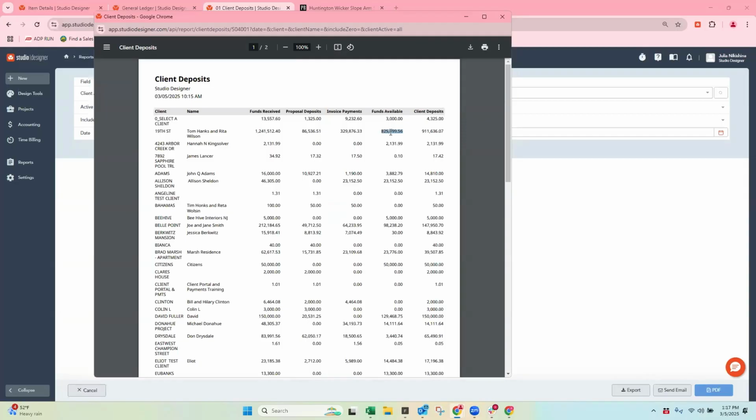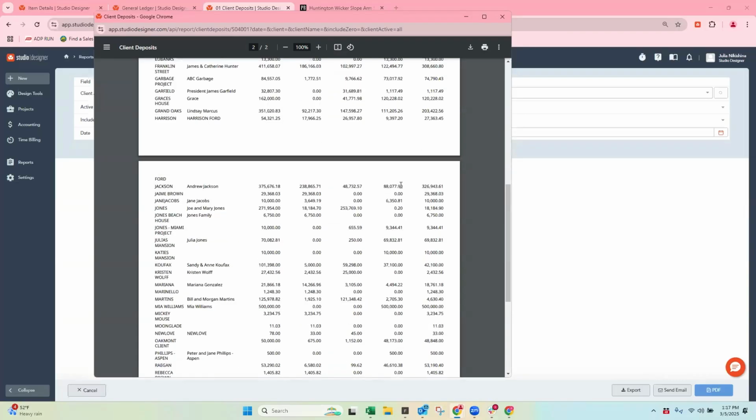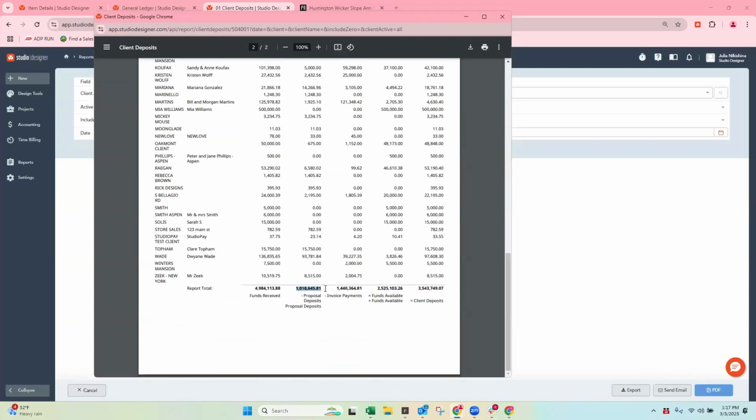But what you do with it, I mean, maybe contractually you're obligated for A, B, C, or D, but what you do with it really at this point is your discretion. And so then at the bottom, your proposal deposits are $1 million, and your true funds available, buckets of dollars for clients that are not assigned, are 2.5. And so then client deposit on your balance sheet is this number plus this number. And this is your flexible point. This is your proactive approach to managing revenue and cost of goods, managing your tax consequences a bit.